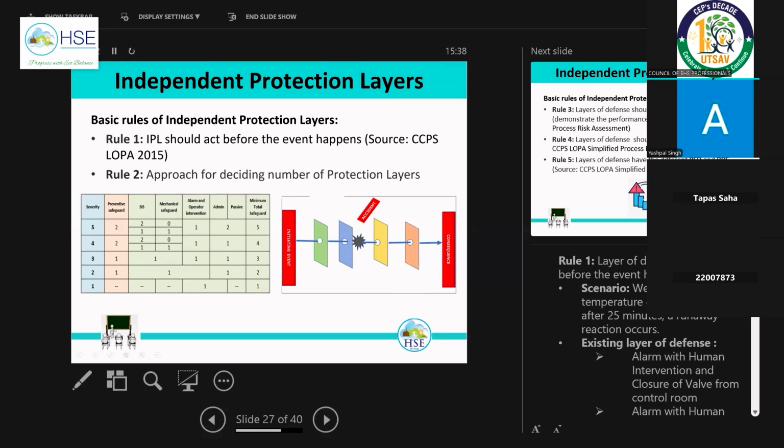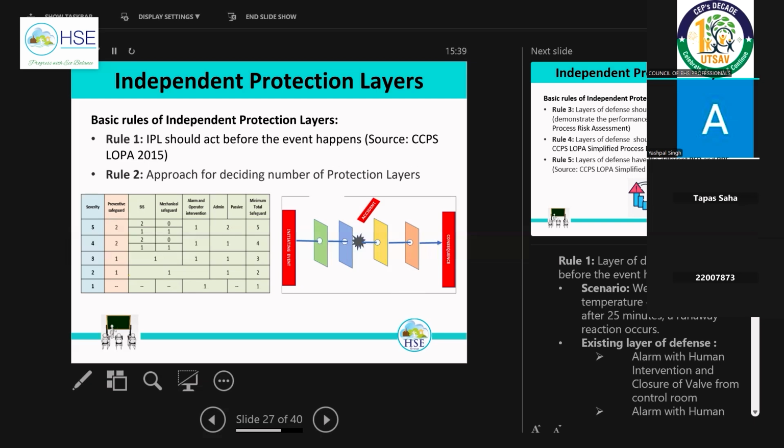There is one international standard, I just forgot the name. If you require it later on, you can call me or send me a mail. I will share this presentation with you also. If you require any reference document which I discussed in this presentation, you can send me a mail. My mail address is in this presentation, and you can request all these reference standards. There is an international reference standard for designing the risk matrix also.